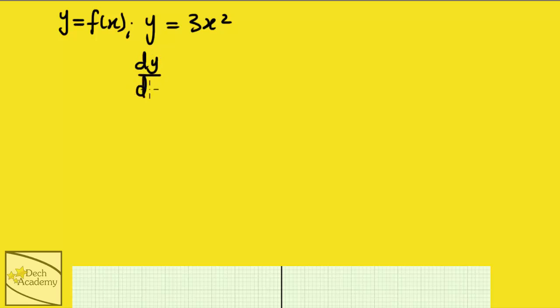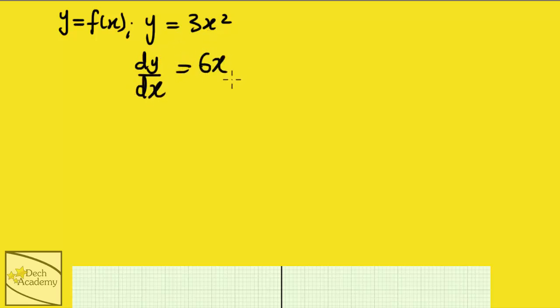We've looked at the derivative of a function of x. So if you have a function like y is equal to f of x, where f of x means a function of x, for example, y equals 3x squared, I've shown you how to determine the first derivative. So dy/dx, in this case, dy/dx is